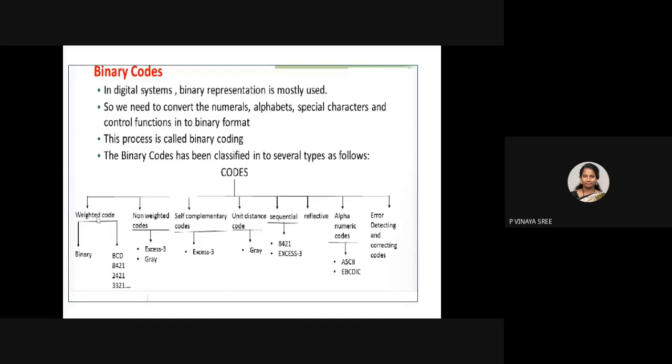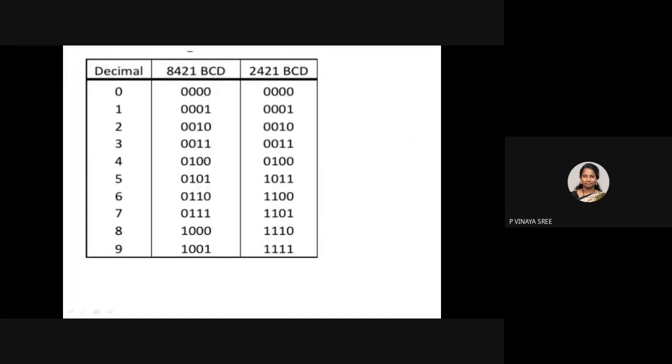So see here, weighted codes is nothing but each position will have a weight. Like in 8421, if you place a one here, that indicates it is representing one. Same as a decimal number, each digit like units, tens, thousands, each position has a weight. Based on this weight, by seeing the number you can identify what number it is. So in 8421, if there is a 1 and a 1 in the positions of weight 1 and 2, if you add 1 plus 2, you can say the number is 3.